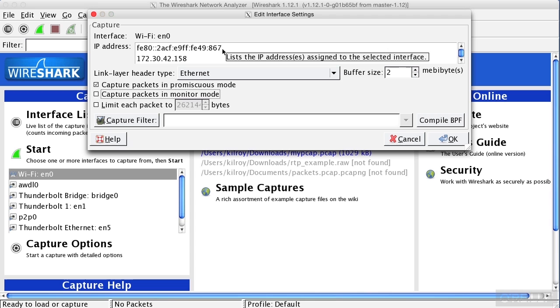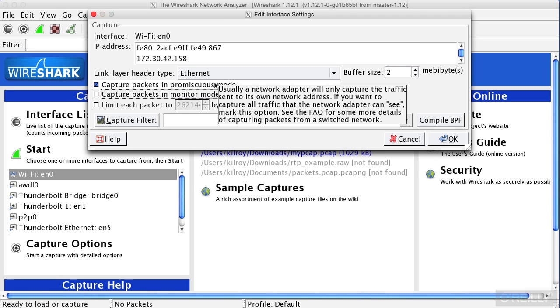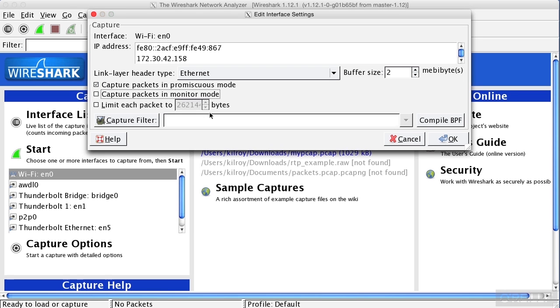So promiscuous mode means show me everything. In other words, anything that hits the card, send it right up into the network stack so that Wireshark can take a look at it. So we're going to get everything that comes across the interface. That's for Ethernet messages. What we are not getting, though, is all of the radio messages, and that requires monitor